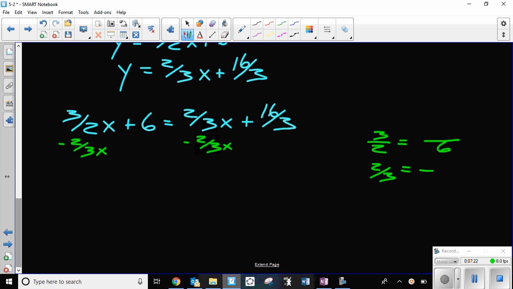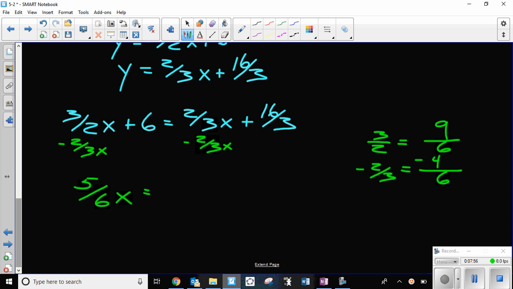That's going to be 6. So multiplying, this is going to get me 9. So I'm taking that 3 times 3 on top and bottom. This one's going to get top and bottom by 2, which will now get me 4/6. I started with a positive 3/2, and I was subtracting away 2/3, so I'm going to put a minus sign there. We're going to subtract those. So 9/6 minus 4/6 should now get me 5/6 x